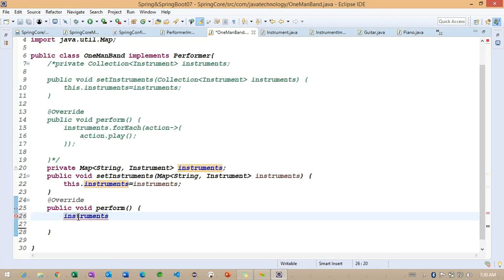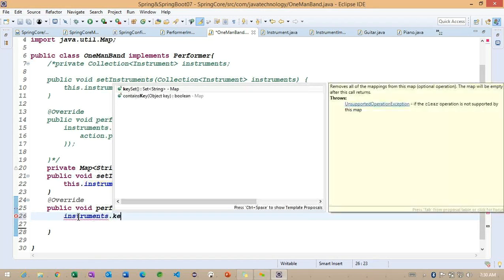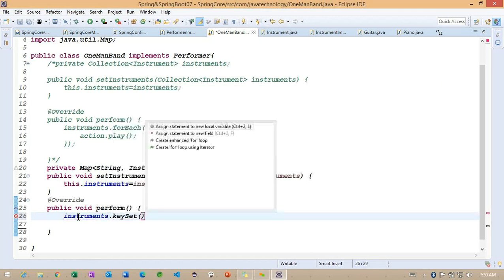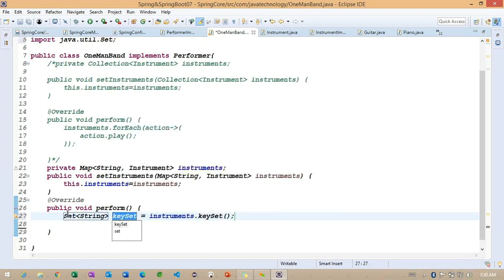Now you can understand here. Using this particular map here, I'm going to call keySet here.